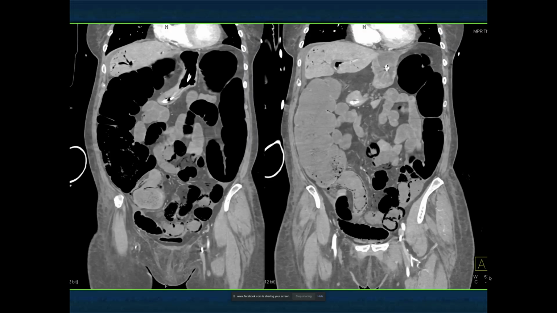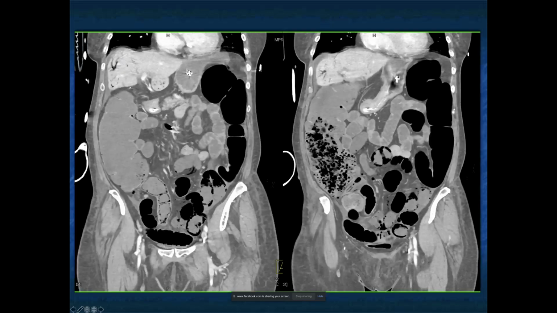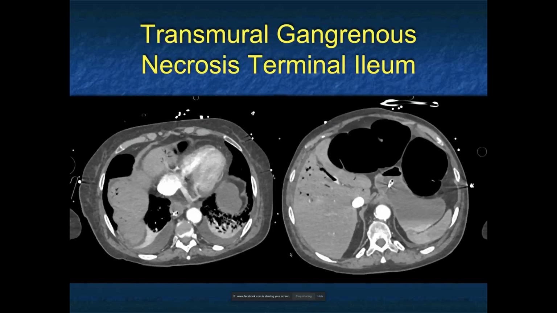And in fact, once you have air in the portal venous system and air in the veins, you can see some of the mesenteric veins with air, then not only do you have ischemic bowel, but it's probably also infarcted, and this patient's survival is really going to be a risk. So this is the worst thing you can find in terms of ischemic bowel and infarction. And that's what it was. Patient had gangrenous bowel at time of surgery.